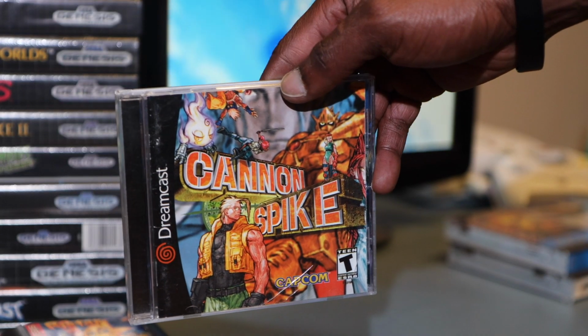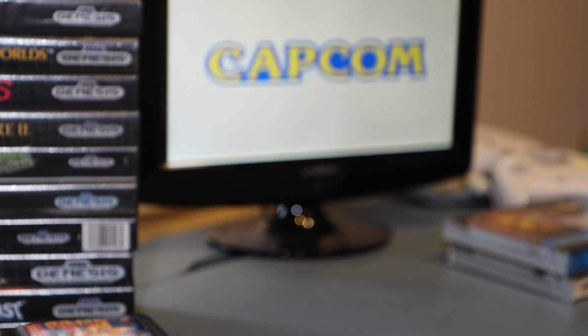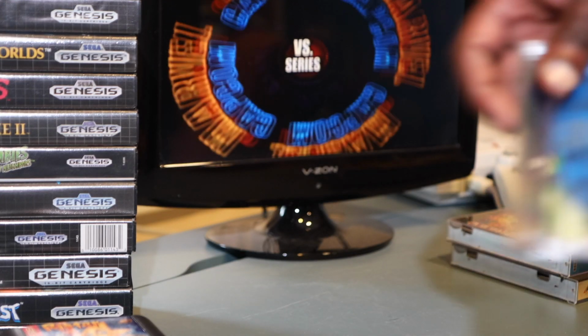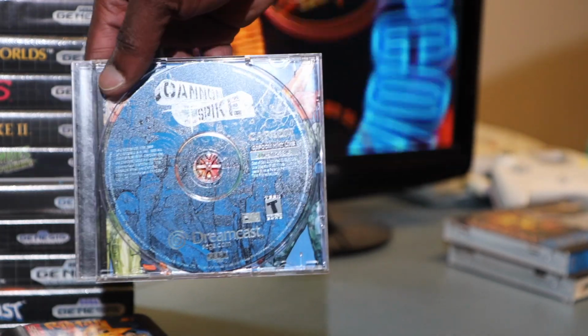Not the best condition. As you can see, there's a little bit of fading on the manual on the side there. And then even when I open it up, which I'm going to open it up here. Oh no, just broke the case. Look at that. Things happen. Good thing I have an extra case. But if you look at this here,